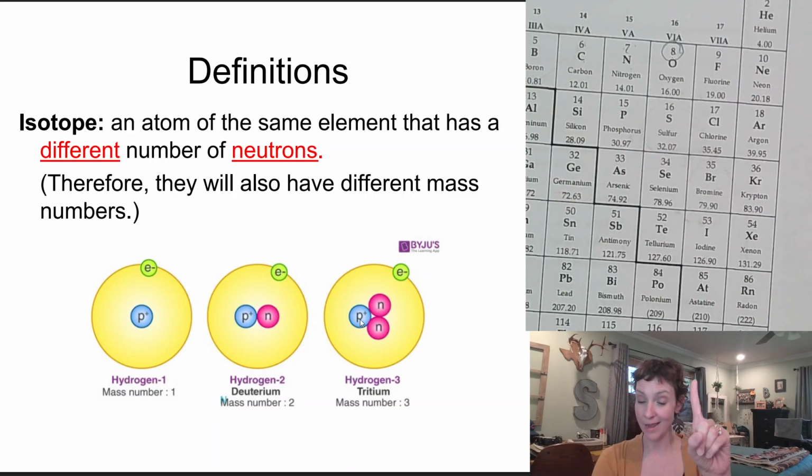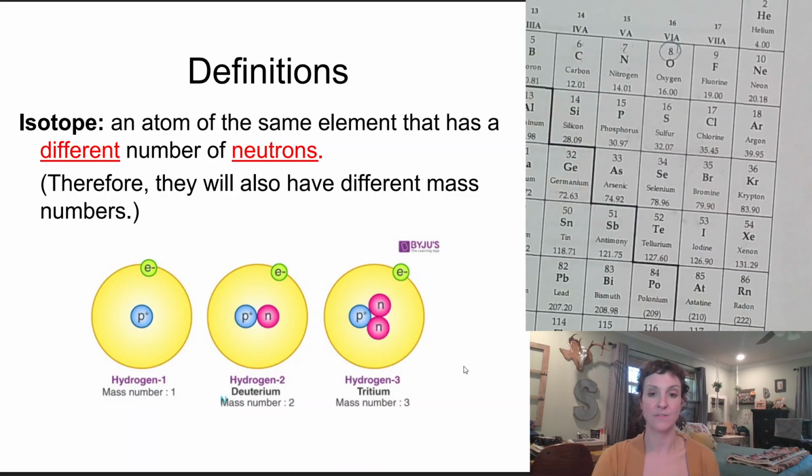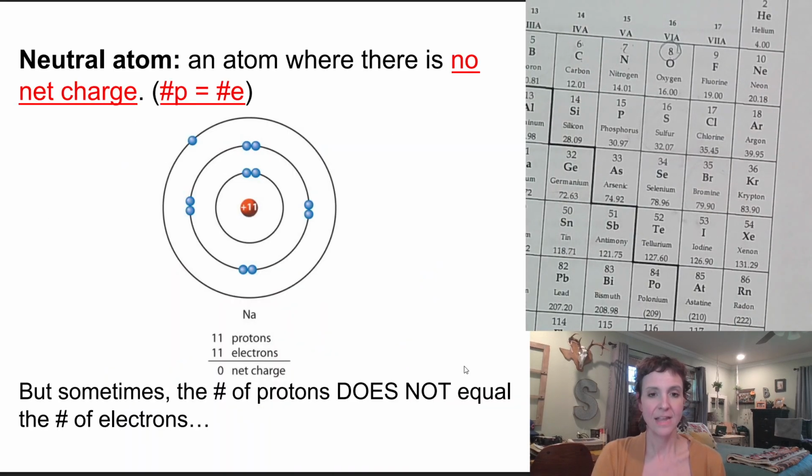protons. Remember, hydrogen's atomic number is 1, which means he must have 1 proton in order to be hydrogen. But the variation that you guys see here is this hydrogen isotope doesn't have any neutrons. This hydrogen isotope has 1 neutron. This hydrogen isotope's got 2 neutrons. So you can see atoms of the same element kind of vary in how many neutrons they have. They cannot vary in protons because that will change what element it is. But I can have different variations of the number of neutrons. Okay, now let's talk about